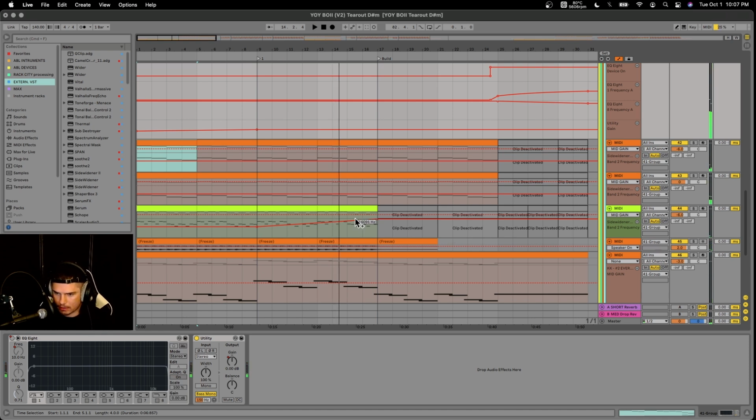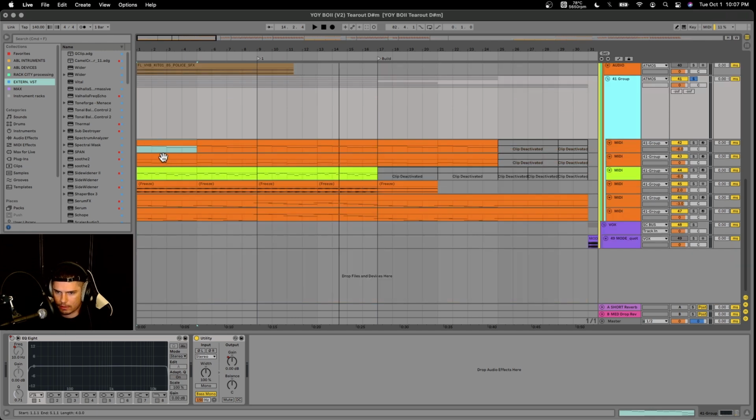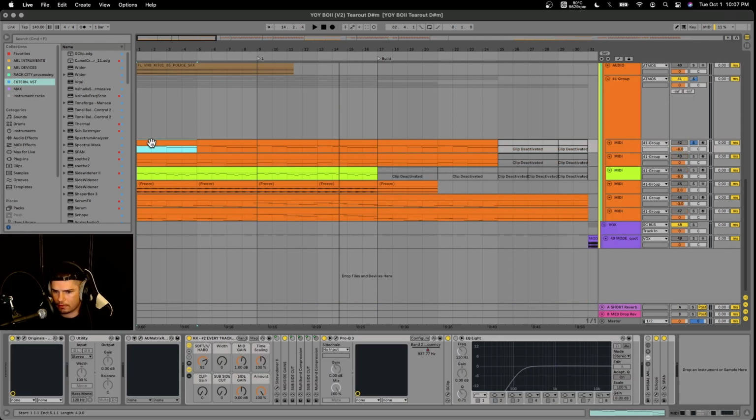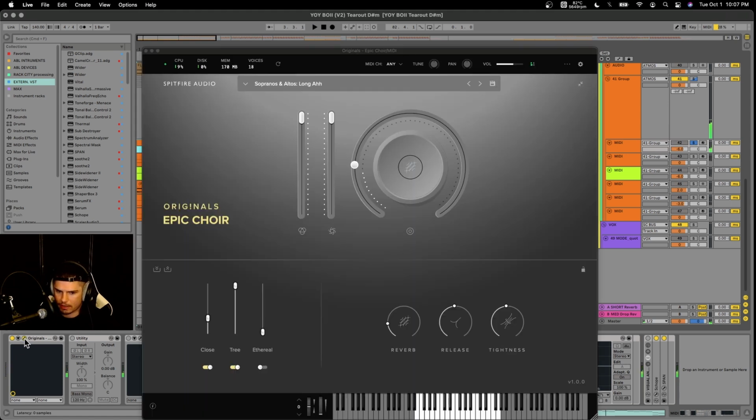So you get it. Basically, I'm automating the utility up so that it starts off a little bit quiet, making room for the impact and the noise. We have this very quiet background,